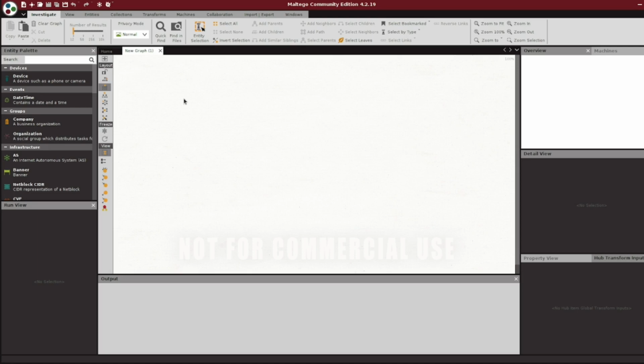In this video, I'm going to cover how to import data from a spreadsheet in order to automatically generate Maltego graphs. Now, if you followed along with the last two videos, you should already be familiar with the concept of creating and modifying custom entities. While you can utilize these entities by manually building your graph piece by piece, Maltego also allows you to automate this process, whether by importing spreadsheets, creating custom transforms, or leveraging machines.